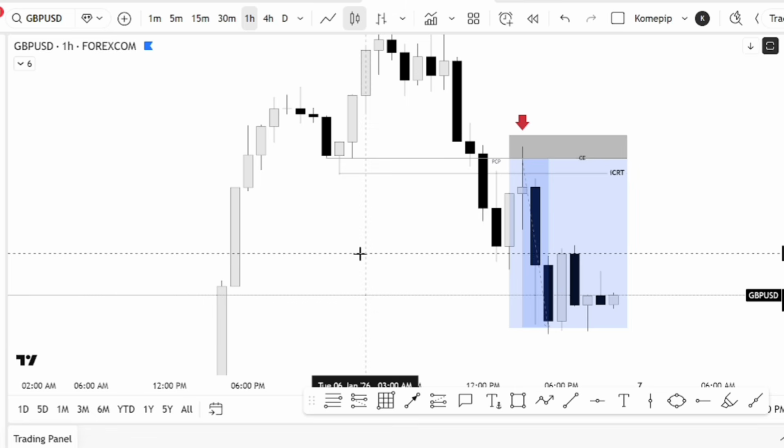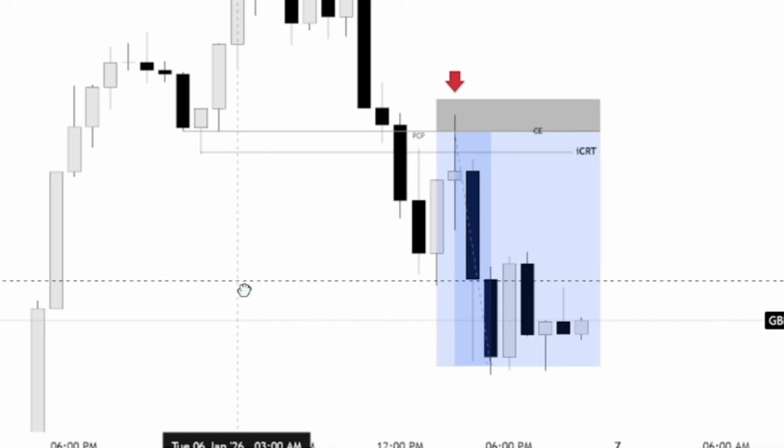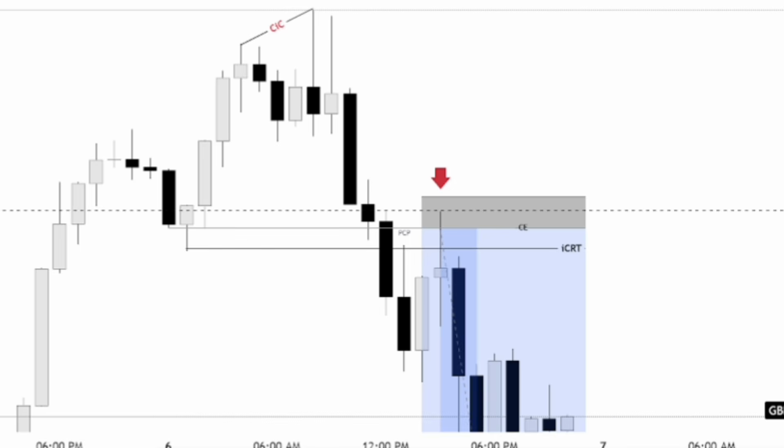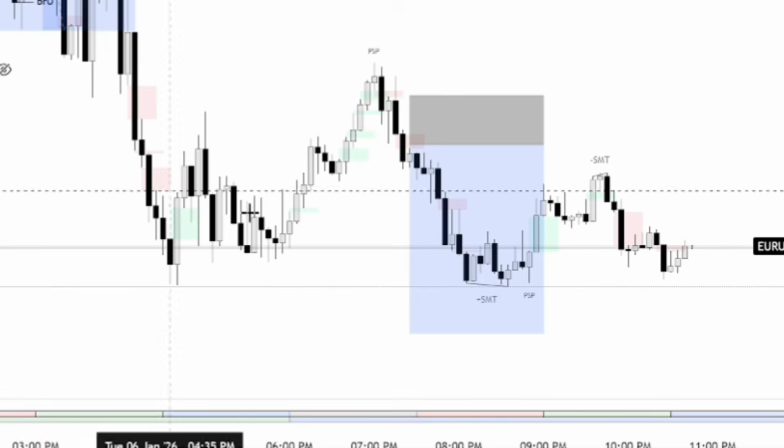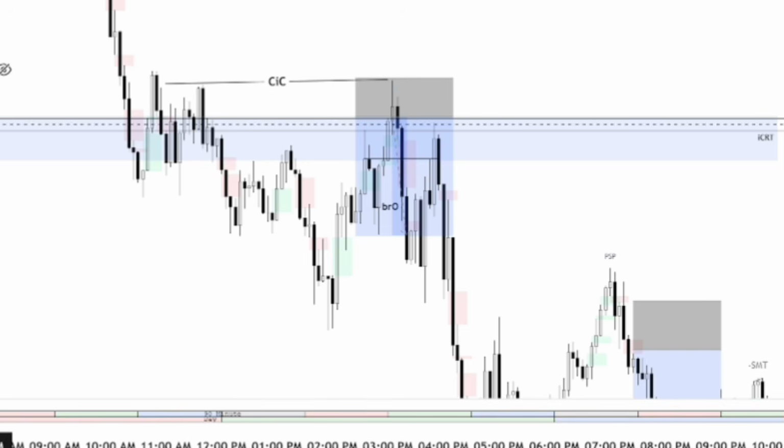Now this GBP USD setup is quite interesting. Why? Because this was analyzed live with my Telegram community. We're actually in a 30-minute long live session, and someone asked me to analyze Euro USD. Now what did I do? I started analyzing the Euro USD, and all I had to do